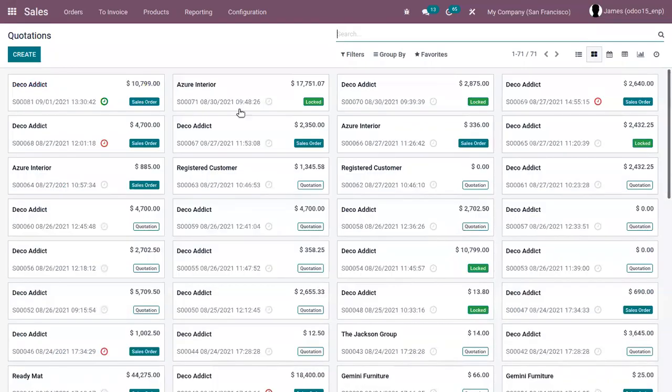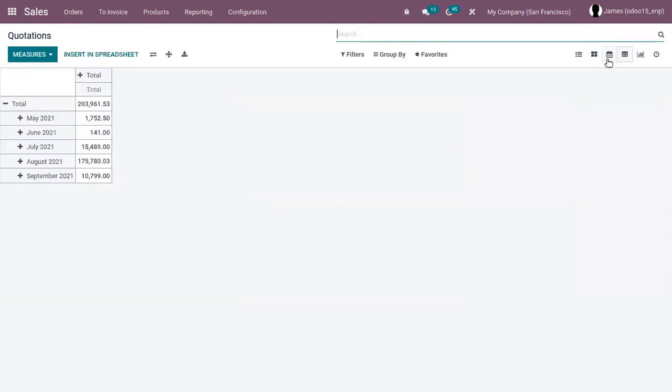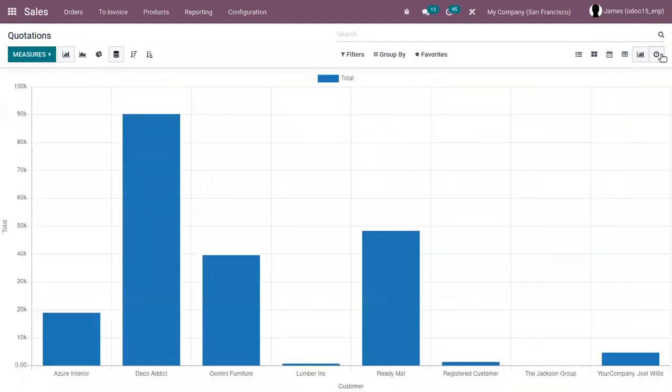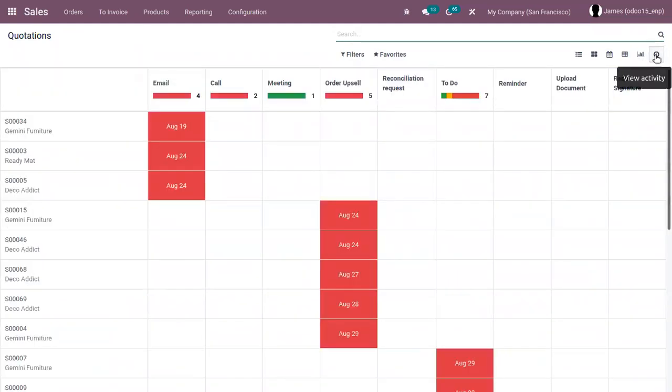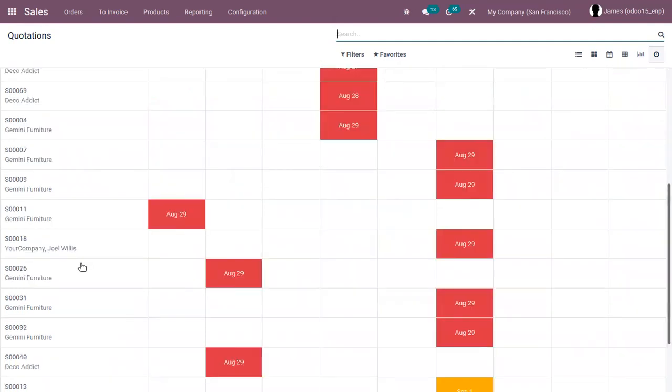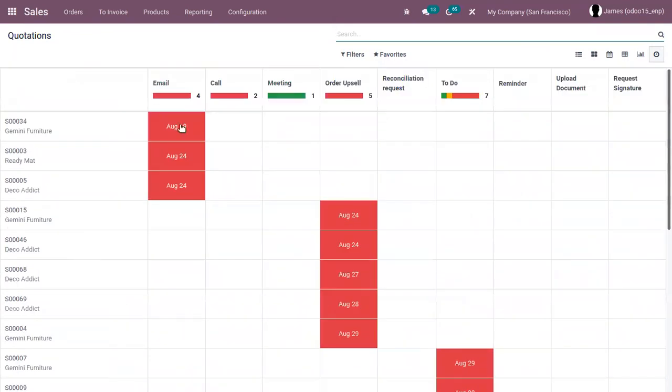And the same way we can plan activities from Kanban view, calendar view. And here you can see option to view all the planned activities. So from this view, you can view all the activity types, and for each quotation, you can view the planned activities.